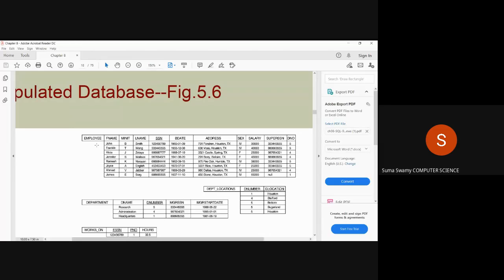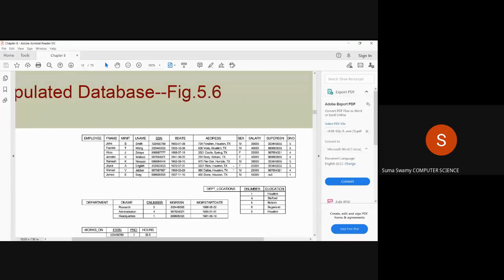Similarly, for the next value, you write Franklin Wong, Houston, Texas. Then the next value you will write Ramesh Narayan, and what is the address?